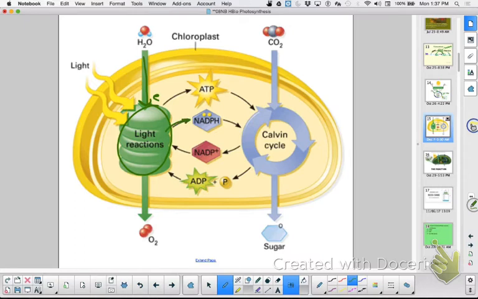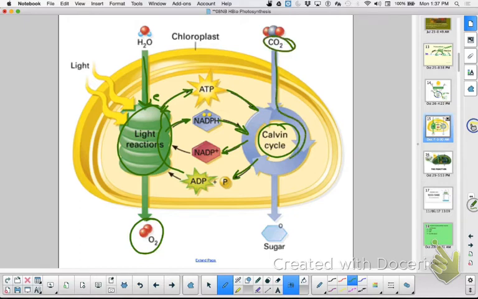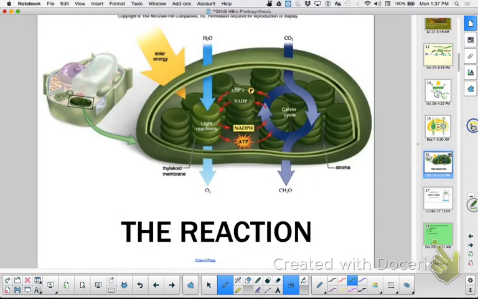NADP. And as a result of stripping the hydrogens and the electrons from water, a byproduct of that is oxygen. Through the light reactions as well, we will make ATP. Both of these are required to do the Calvin cycle. And at the end of the Calvin cycle, we'll regenerate oxidized NADP, and a byproduct of this will be ADP that will be used all over again. The big ticket item of the Calvin cycle is to reduce the CO2 into sugar, and we'll break that down in just a minute. In your textbook, there's an image that looks like this, another good summary that you can